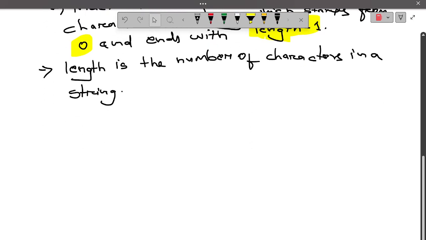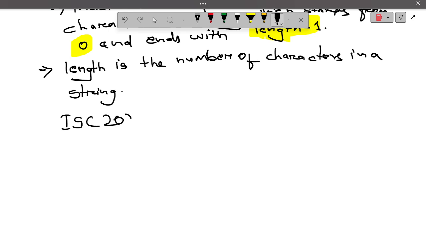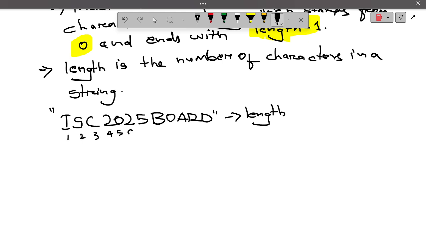Okay. So as I told, suppose I am writing ISC 2025 board. If this is the string which is given to me and it has asked me the length, how do I need to count? I need to count the number of characters. So this is 1, this is 2, this is 3, this is 4, this is 5, this is 6, this is 7, 8, 9, 10, 11 and 12. So I can say the length of this particular string is 12,